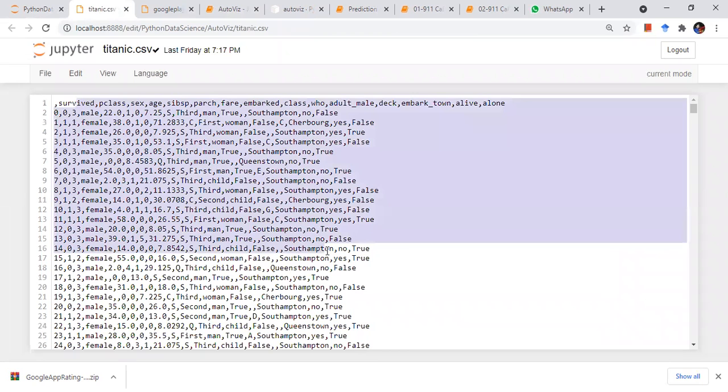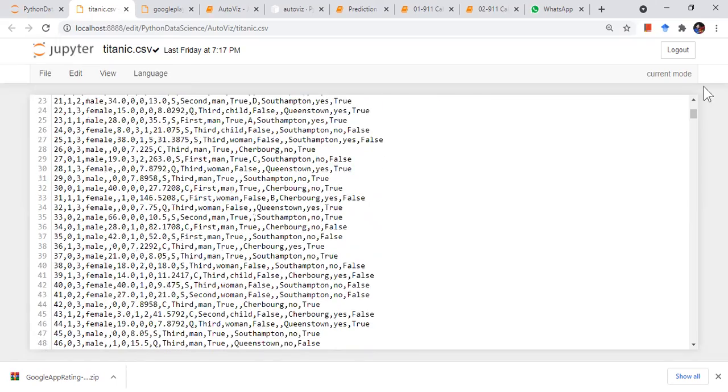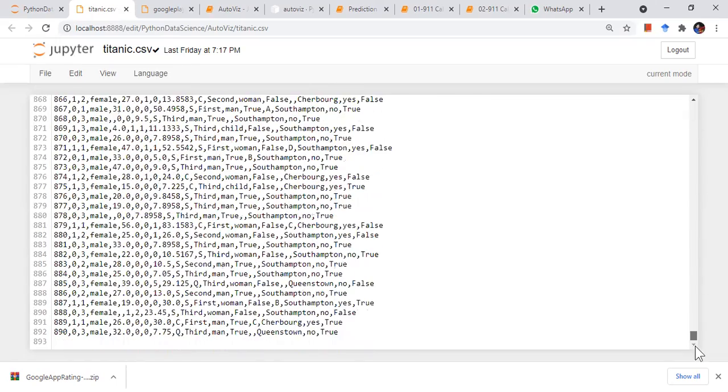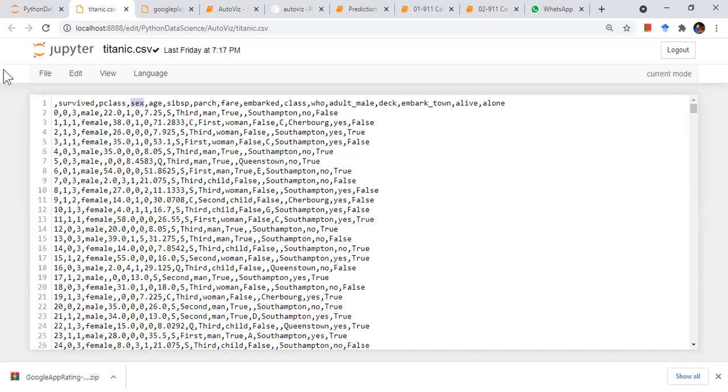It is a data set about the survivors and passengers of the Titanic ship, right? What is the survived status, the Pclass, the gender, the age? There are around 900 entries of all the passengers who were on the ship.